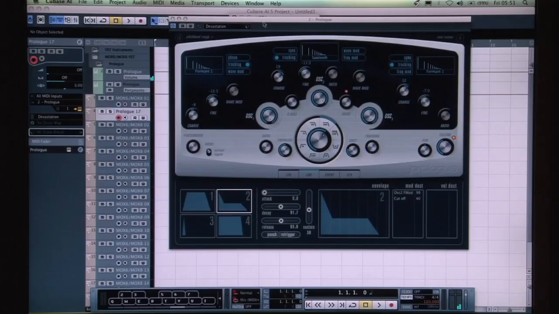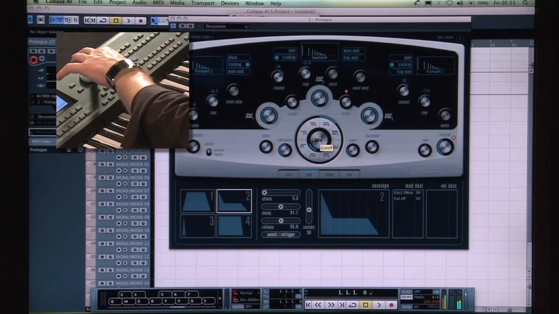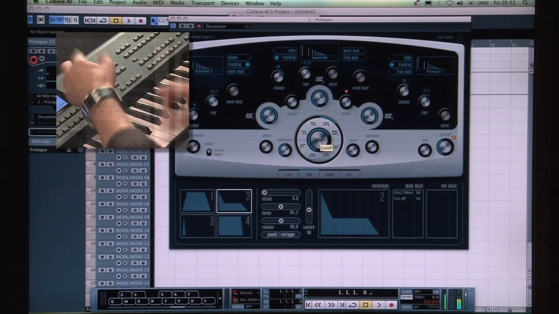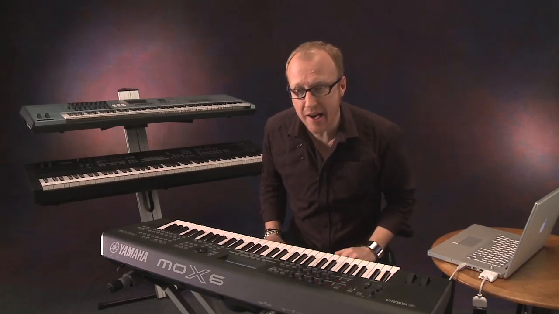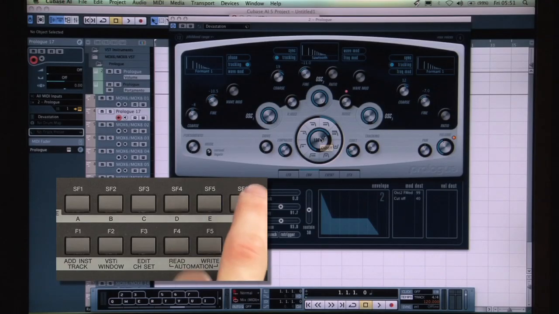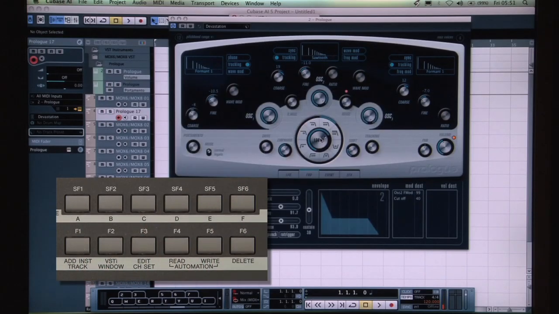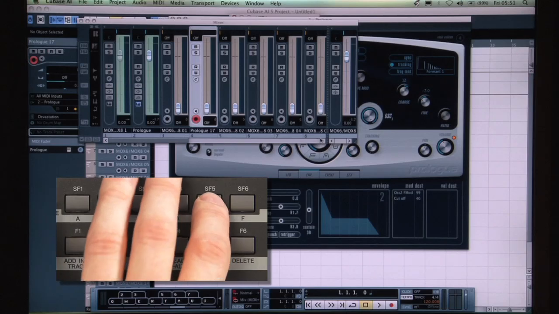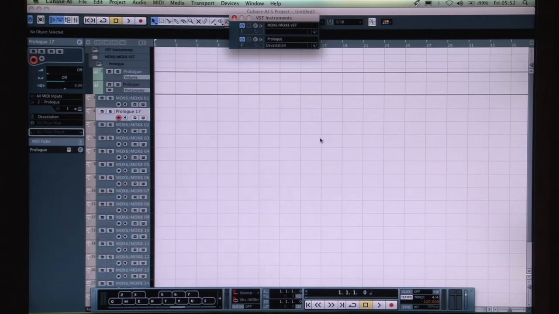And as I told you, I can just start filtering in real time using the AI knob or using these knobs. They're even free assignable. If I push this button Setup, immediately a screen appears where I can just change the whole functionality of all these buttons. I can call up the mixer, make some mixing adjustments, everything just on the board. Very convenient. I'm going to close this one and I'm going to select the other soft synth that will be